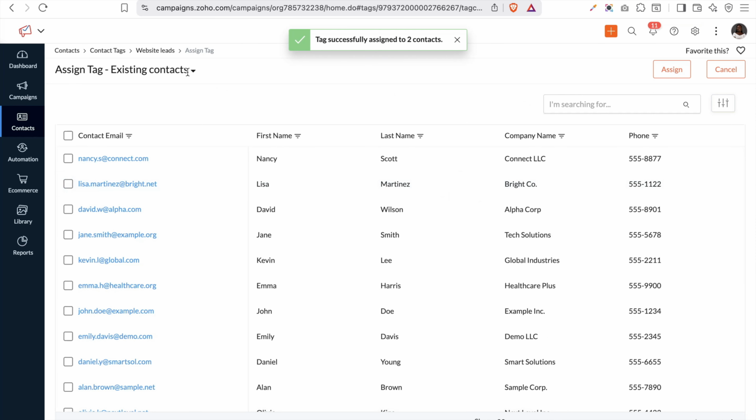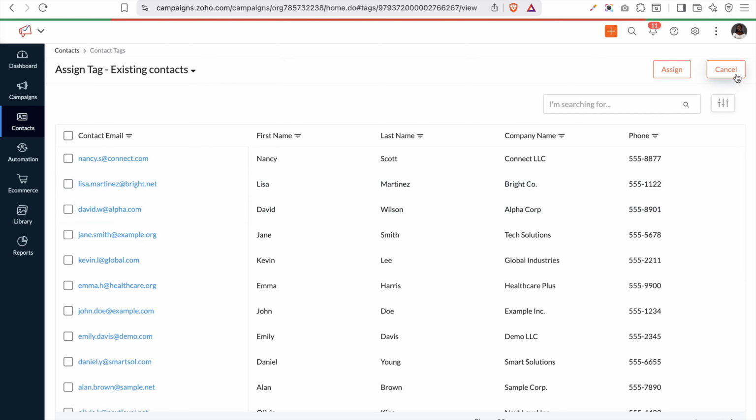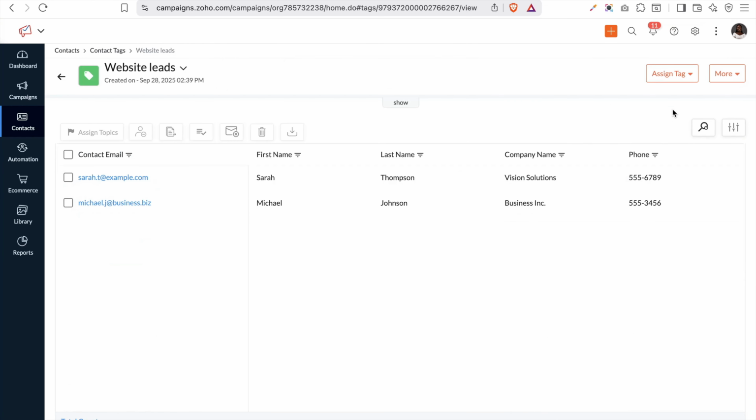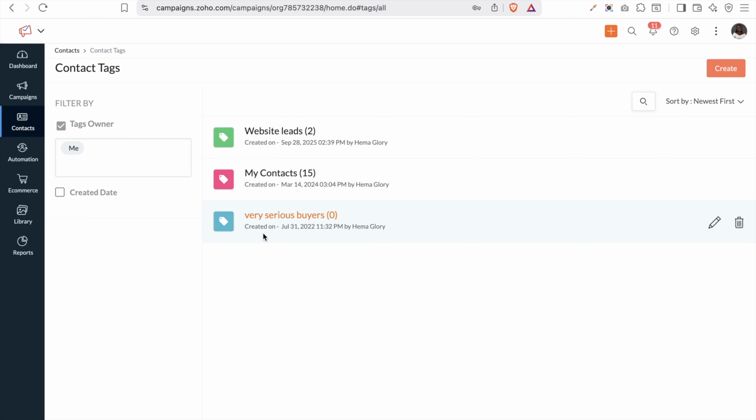You can also go back and click on more, and you can decide to edit this tag, or you can also decide to delete this tag. And these are the two contacts I just added these tags to. And as you can see, when you click on this particular tag, you can see all of those contacts who have that particular tag. So now that we are done with tags, let us move into importing contacts into Zoho